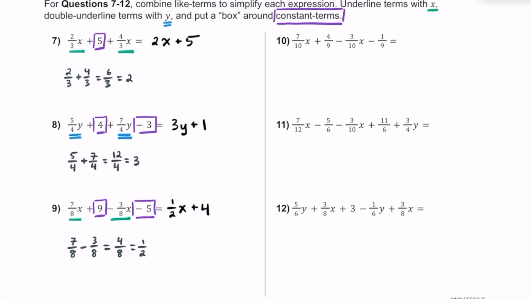All right, for number 10, looks like we have some x terms again, so 7/10 x, and then we have a minus 3/10 x, so make sure we have the minus in there. So let's see, 7/10, take away 3/10, that's just going to be 4/10. It's kind of nice, all these fractions have common denominators already, right? And then if you simplify this, you're going to get 2/5. So our coefficient for the x terms is going to be 2/5, so 2/5